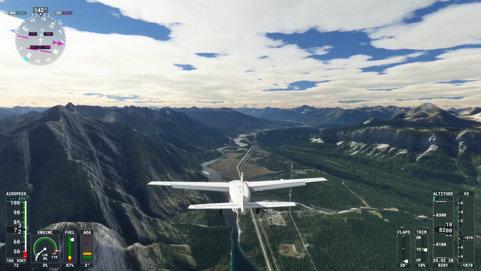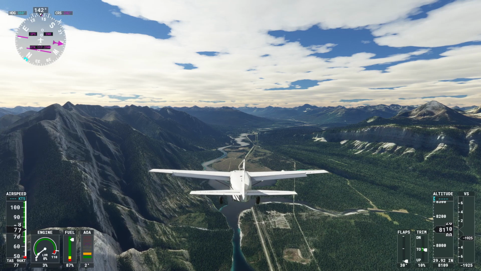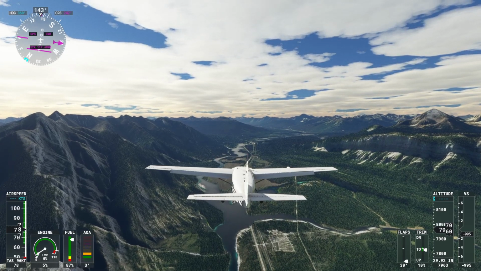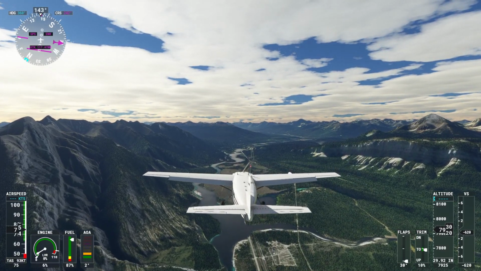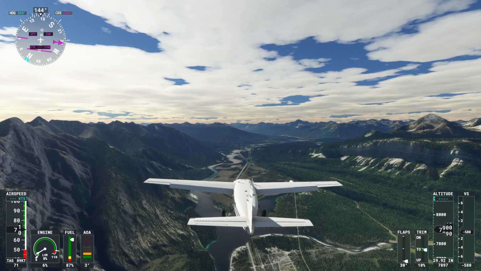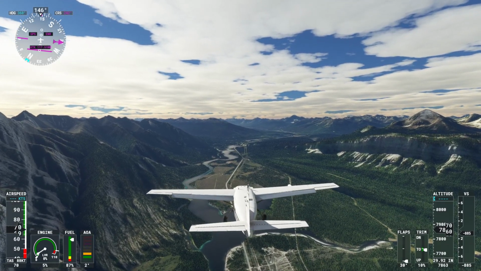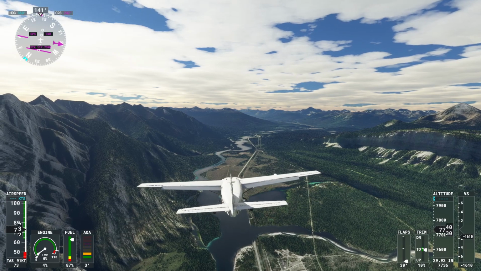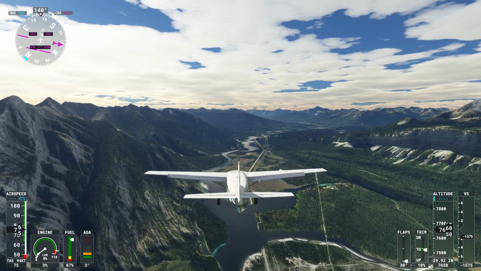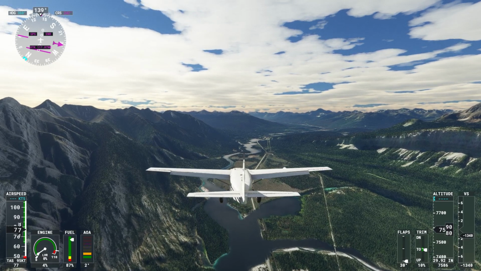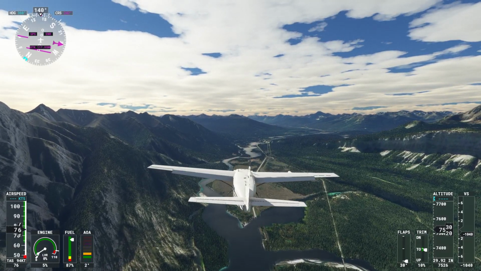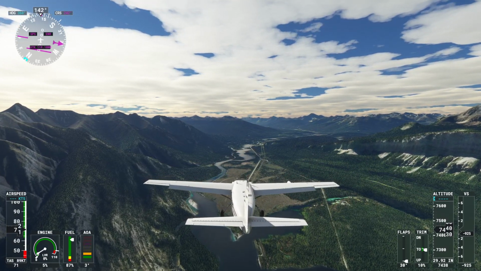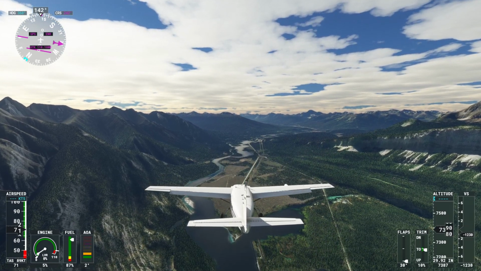Yeah, we're going to have to do a little bit of looping because we're still way too high. And yeah, I guess we're landing here to help the poor people of Jasper because their freeway's underwater. No, it's underwater. Alright, so that's the runway there. It's that sort of grey line just on the tail now. We are, of course, way too high. We'll get a bit closer and then start looping until we're in a reasonable position to land this bastard.